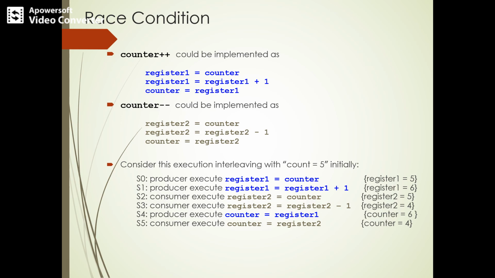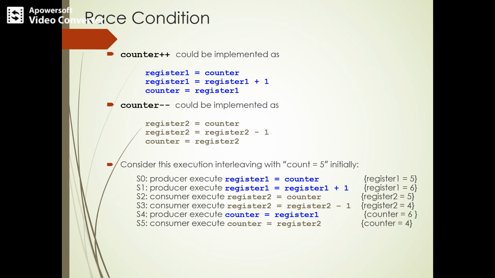Counter++ means the counter value initially will be stored in register 1, the register 1 will then be incremented, and the incremented value of the register will be stored in the counter. So 5 will be moved on to register 1 first, correct, because the counter value is set to 5. Then register 1 will be incremented to 6, so register 1 will be 6, and then the register 1 value, that is 6, will be moved to counter. So this happens if they are executing separately.